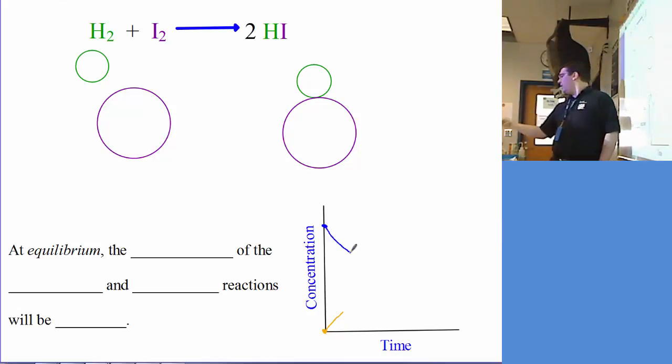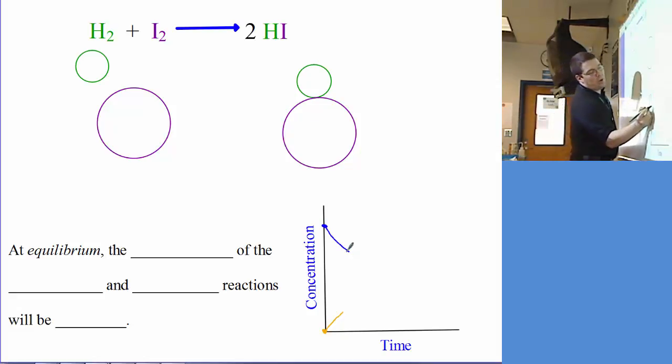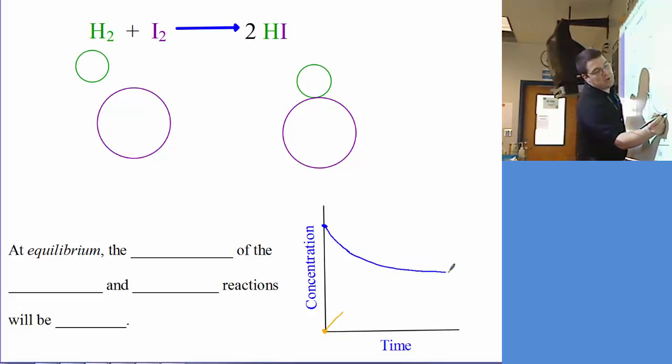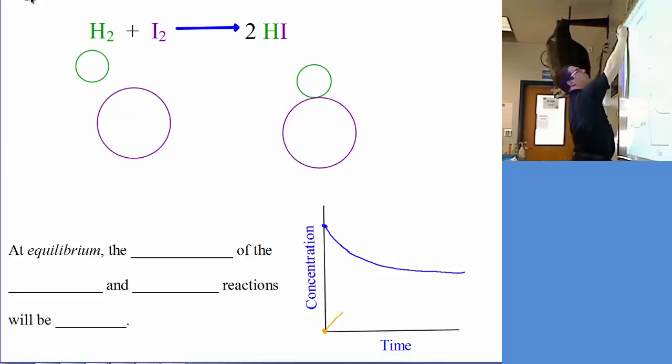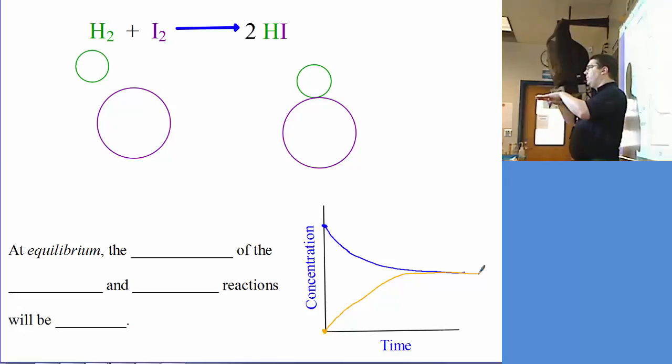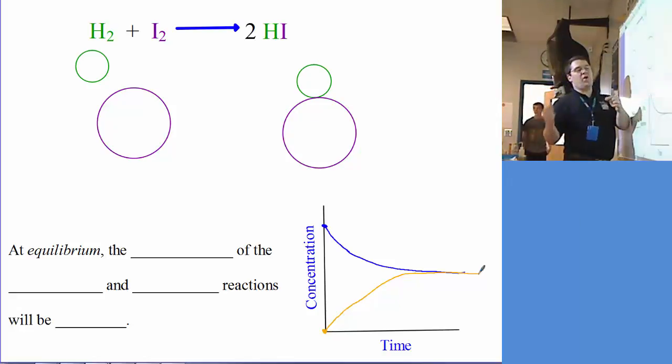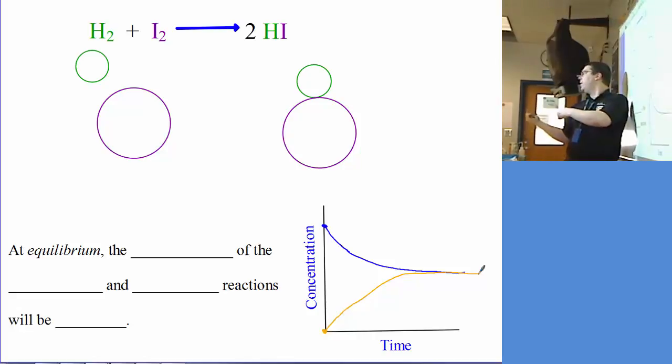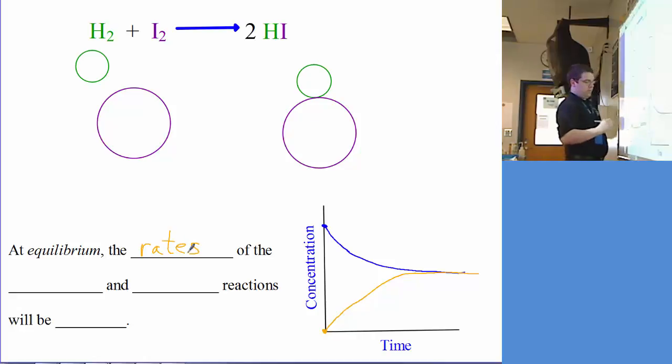And like we saw with the demo yesterday with the green water going back and forth, eventually we reached a point where we still had a transfer of the liquid, the green water, from one beaker to another, but the net amount that was present was the same. It wasn't that they were the same volumes, but it was the rate at which we had 50 milliliters going in each direction both times, okay? So that's the equilibrium. So when we talk about it at equilibrium, it's not the amounts that are the same, it's the rates. The rates of the forward,